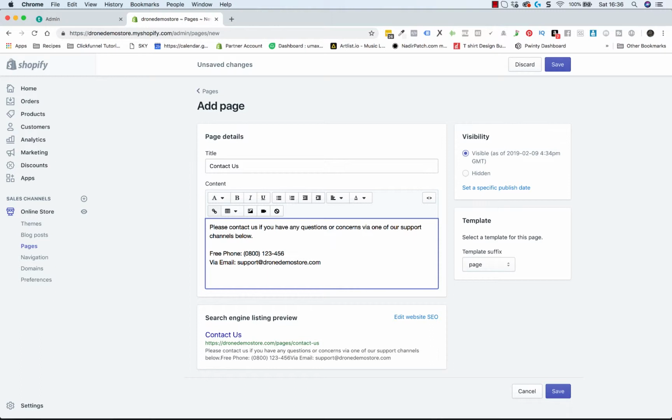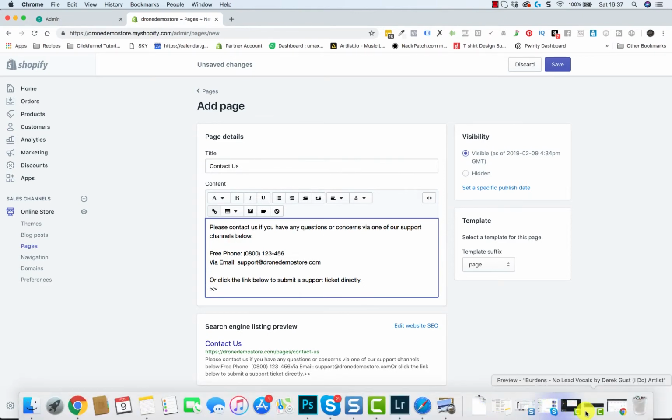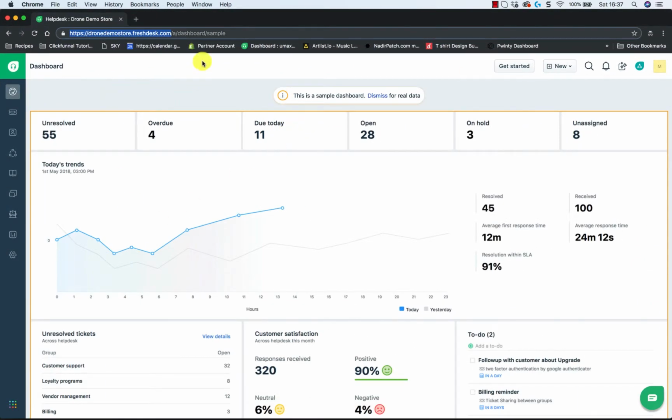And then I'm going to show you something else you could possibly do: click the link below to submit a support ticket directly. So then I'm going to add a link in here. What I'm going to do is go to Freshdesk and just show you on Freshdesk. If you copy this part of your domain here,